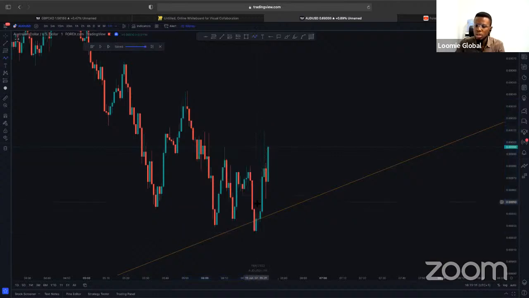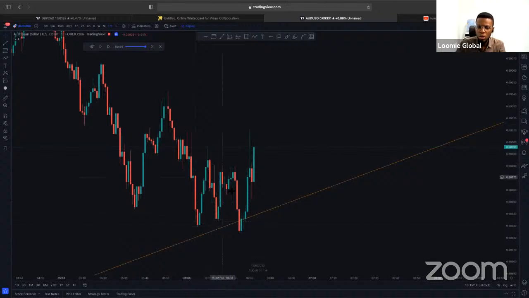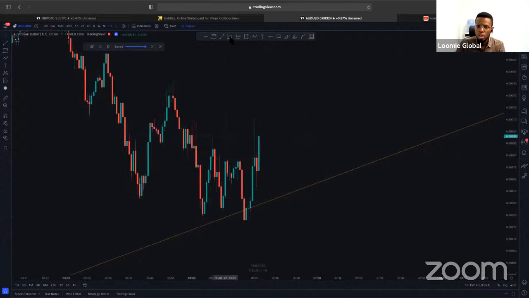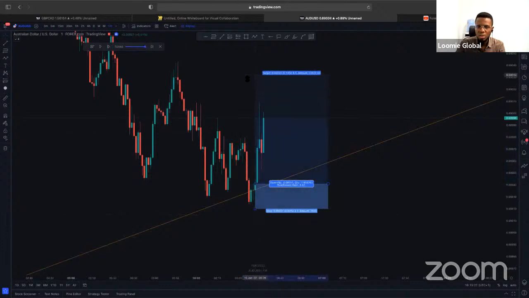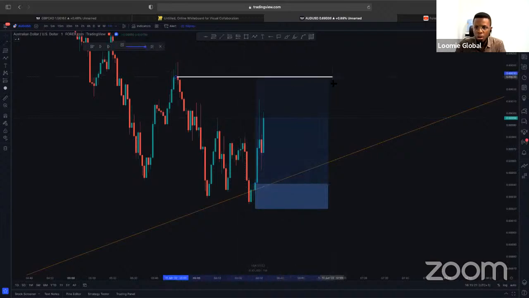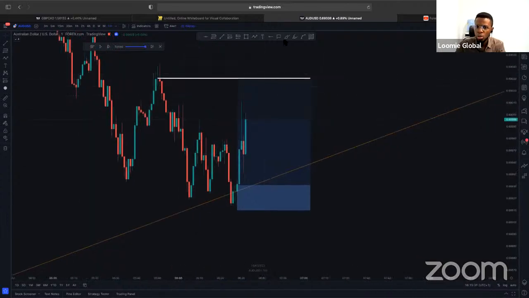So what I would do is, at this point, I've seen the first leg form, second leg form, and then I'm seeing some signs of bullishness here. What do I do? I go long, set my stop loss below this low, and I target somewhere around this high. I can choose to target the real body of this candle right here, right? When I say the real body, remember we talked about candles before.